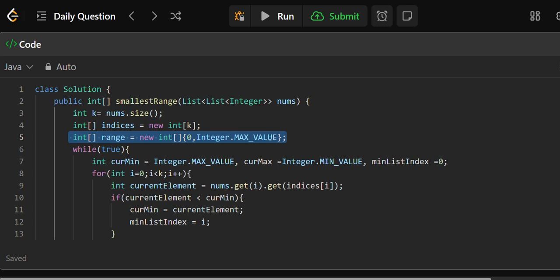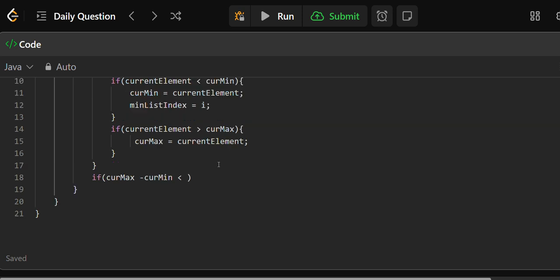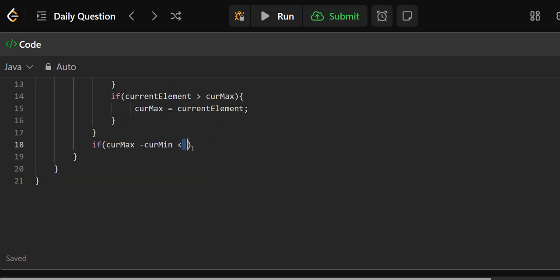There are two elements in this range array, this is at 0 index, this is at 1 index. So I will just compare: if this is less than my range of 1 minus range of 0, simple comparison, right? If this is the case,